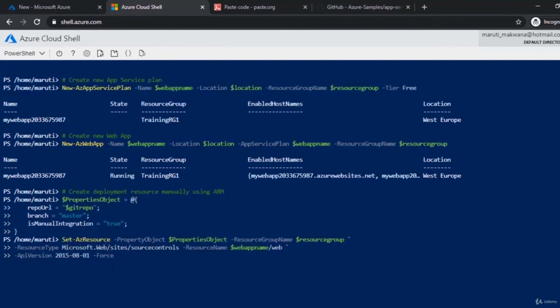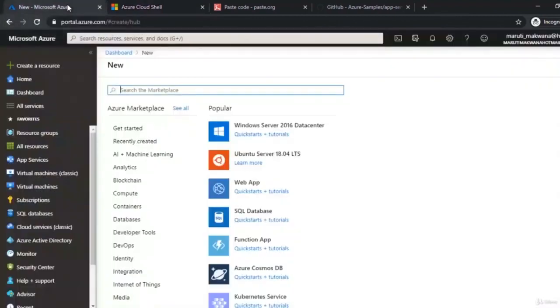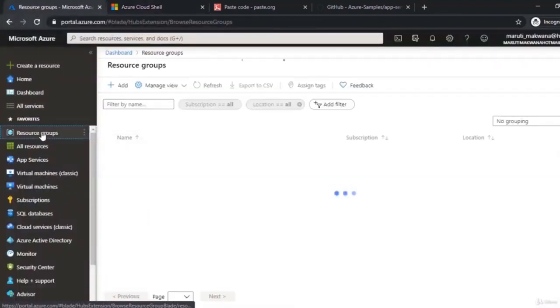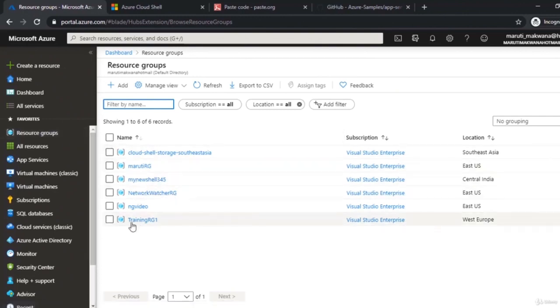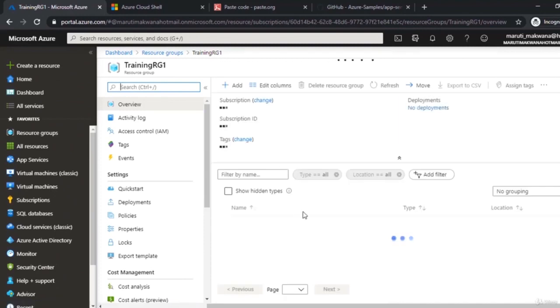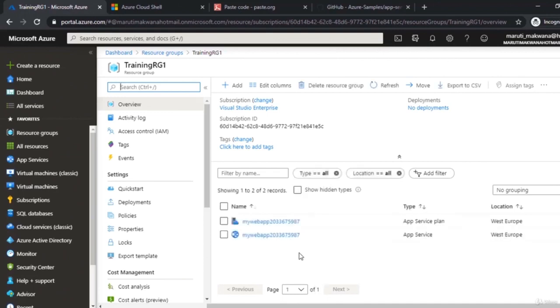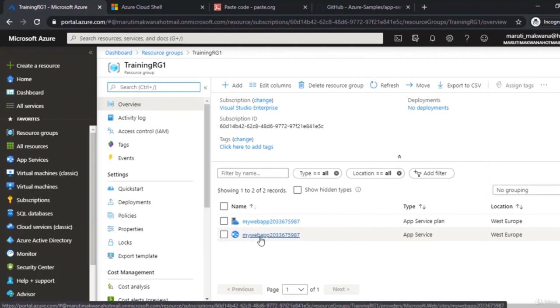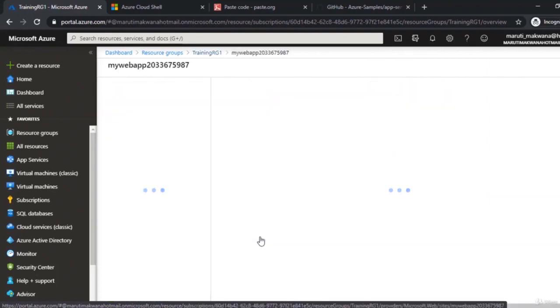While this is doing this, we can parallelly go to our portal, click on resource groups, and hopefully you'll find a new resource group called training RG1. If I go inside that, I am going to have my app service plan and my app service inside that. You can see this is my app service plan and this is my app service inside that. If I go inside my app service,